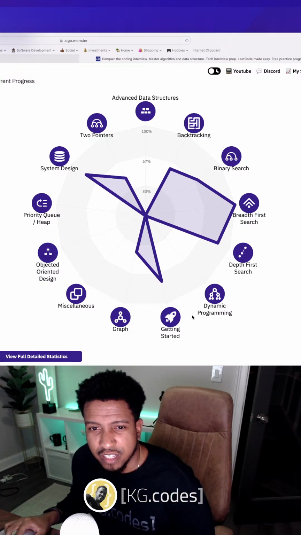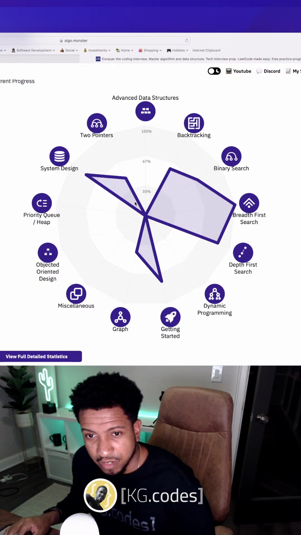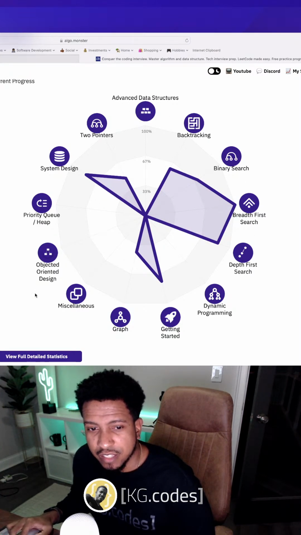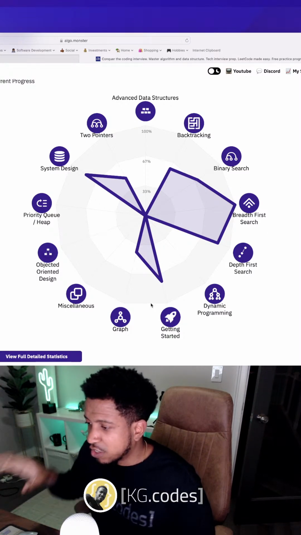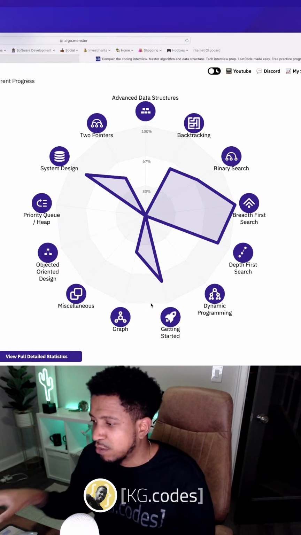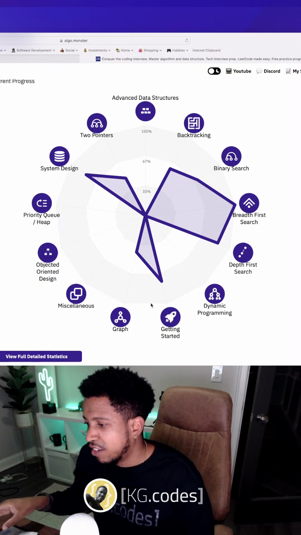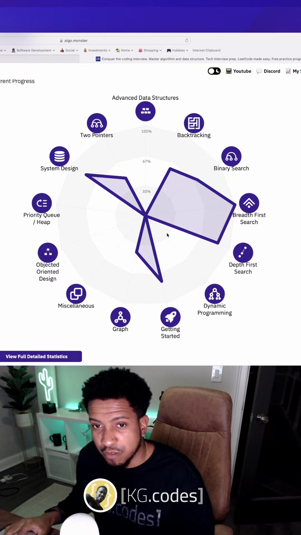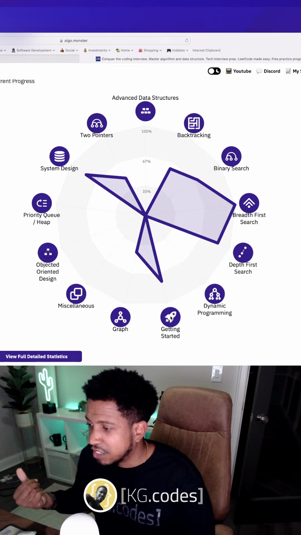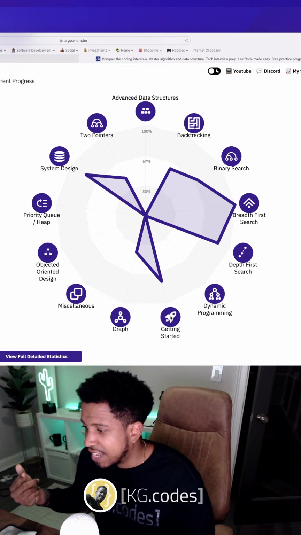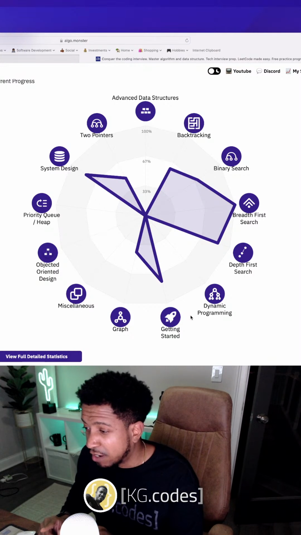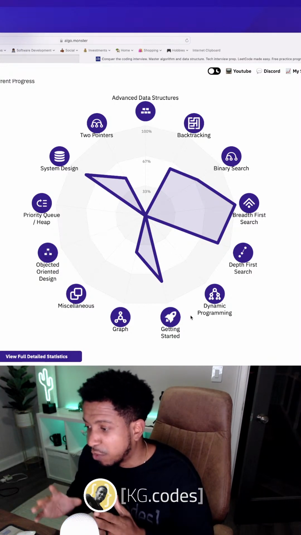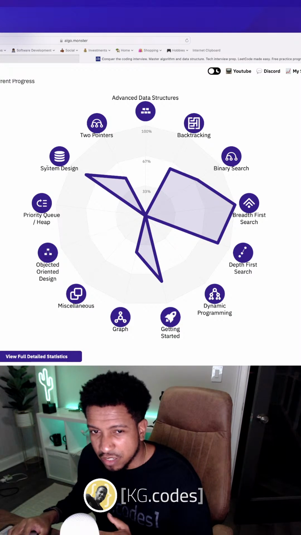So what it does is, and I haven't even finished Algo Monster, but I did as much as I wanted to. It teaches you these concepts of data structures and algorithms, and it's going to teach you the concept first, and then it's going to keep making you do problems in that concept till it digs into your head. That was the better way to learn for me, because when I learn these concepts, now when I go back to LeetCode and I see a problem with that concept, I can identify the type of problem. And once you identify the type of problem, there's a solution for that problem that you've memorized. So this gets you to memorize all these different approaches